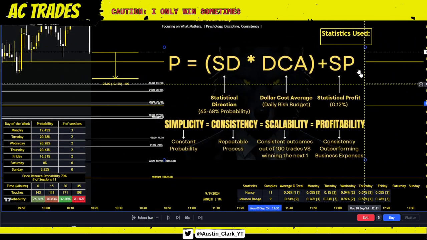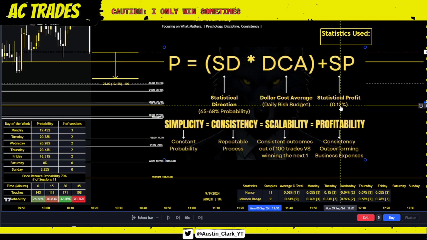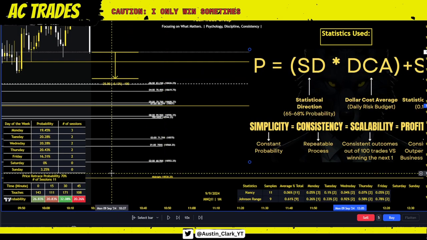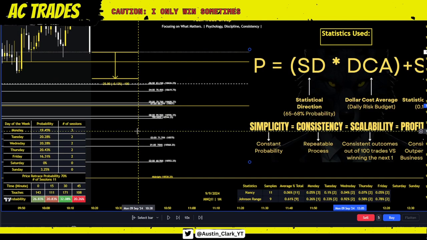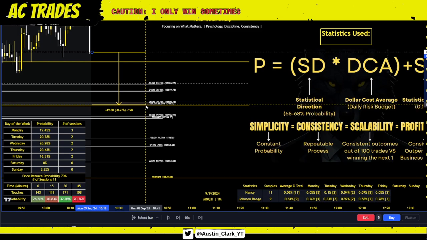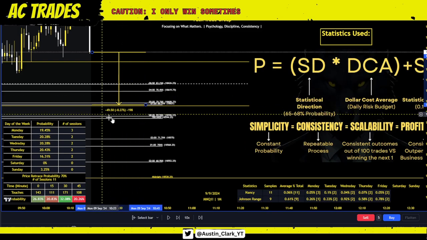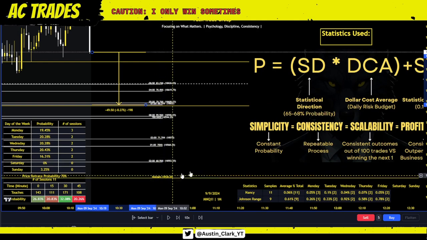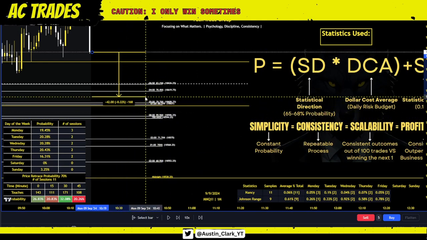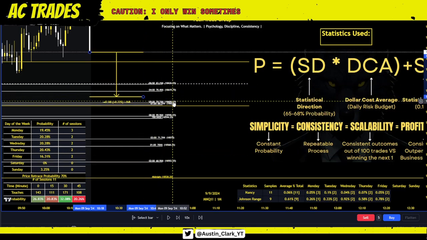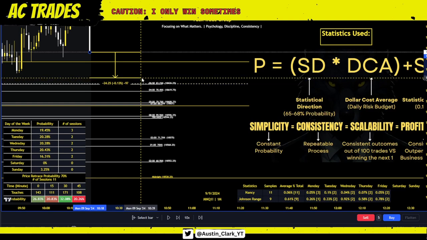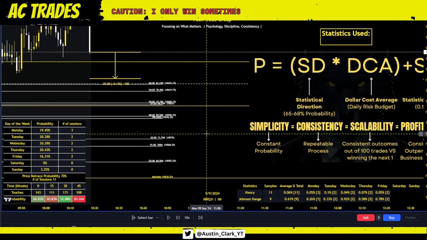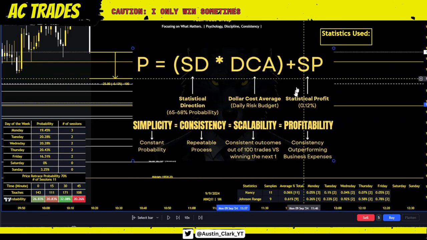I'm shooting for a statistical profit target of 0.12 to 0.13%, because that is what I have calculated based on researching and studying this and building hundreds and hundreds of backtests. I know that I can get roughly 0.3, 0.32%, depending on the distance away from midnight. But if I want the highest probability and to shoot for cash flow, not giant moves, not home runs, just nice consistent base hits that add up every single day, I'm going to shoot for 0.13%. That's my statistical profit target.